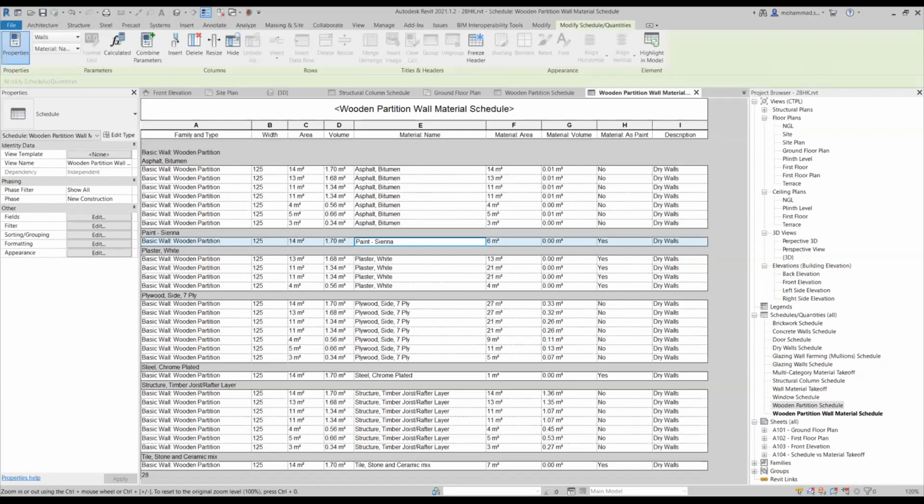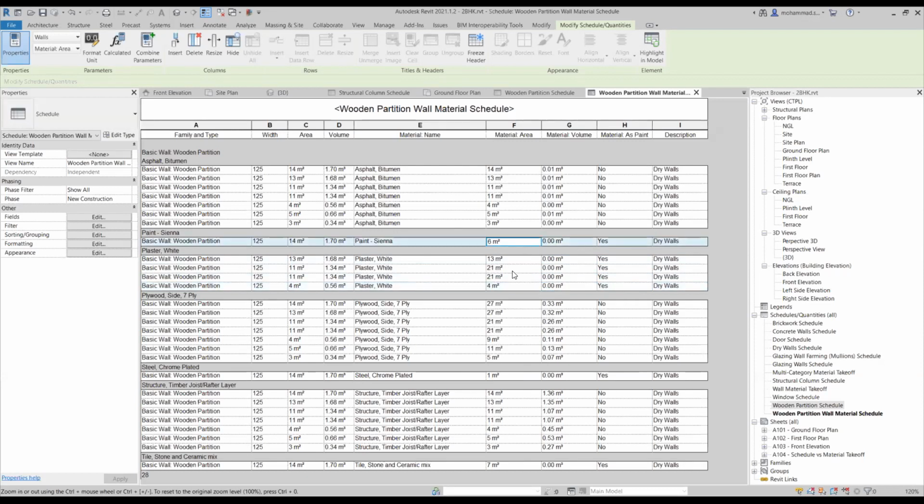Now coming back to the question which I got during the Q&A break, whether materials applied via paint can be quantified under our schedule, yes, these can be quantified here. These will only give area, because obviously paint will not have any thickness. So any material, as you can notice, all those materials which are applied by paint, any material which has this property as yes for applied as paint, do not possess volume in this case, because these are all applied just like a paint, and paint doesn't have thickness.